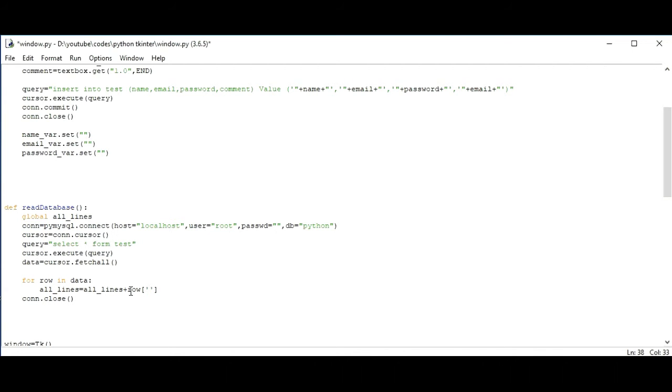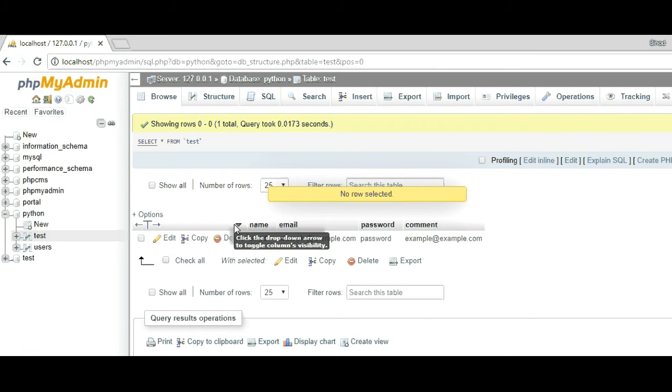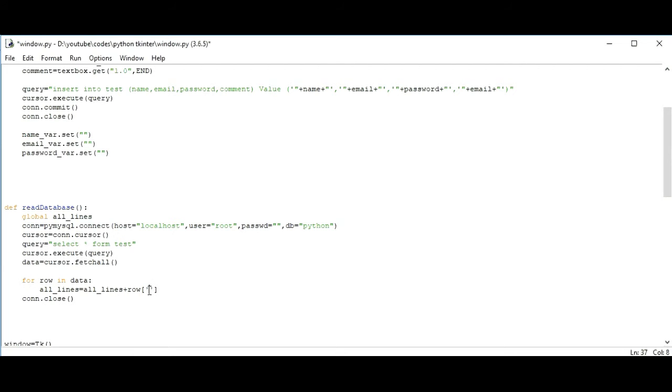It will store in the form of a dictionary. This row will get data in the form of a dictionary. We have already studied dictionaries in Python basics, and if you don't know about this, then you can view that. And we will access this dictionary by this row name. Where is our file? This is name, and again it will have all lines, because we are reading on lines, so we have to make this for different rows,